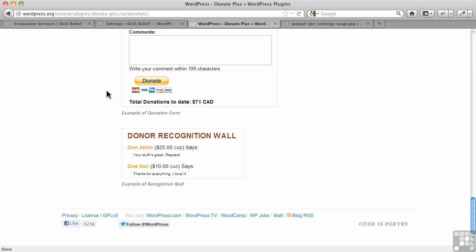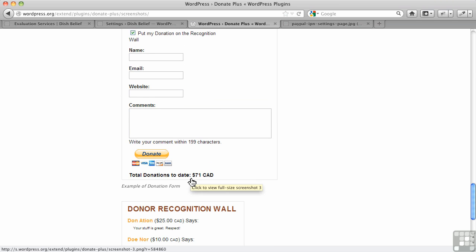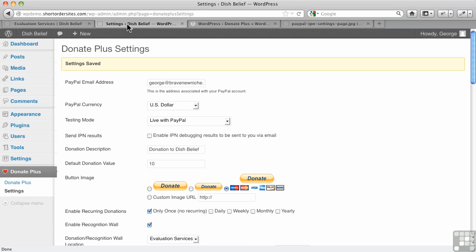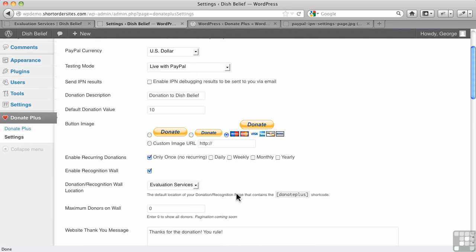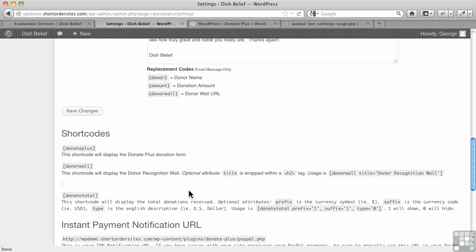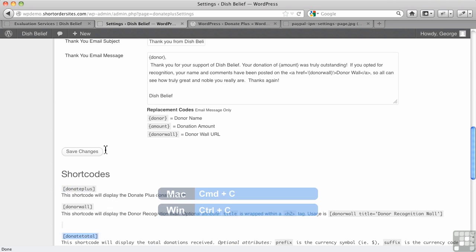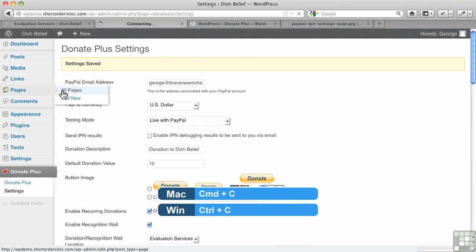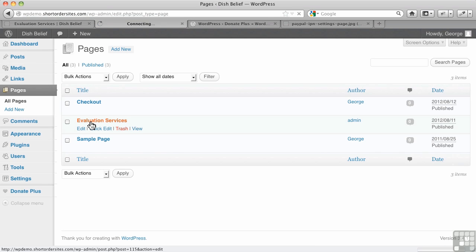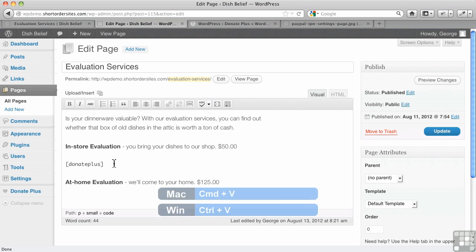All right. Now, one of the other things you can do, and you can see it right here, is you can also put a total in there. Now, it doesn't automatically show. You have to tell it that you want the donation amounts, the totals that have been given to date. You have to do that with a short code. Okay, so I grab this short code, copy that, and I go back to my page here. So I have to kind of assemble this. It's not automatically in the form. So if I put this right after it, donate total, and I update,